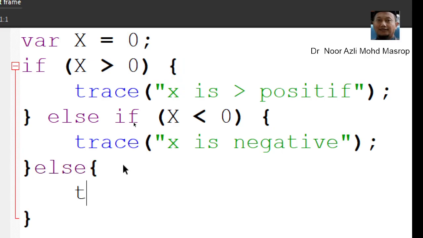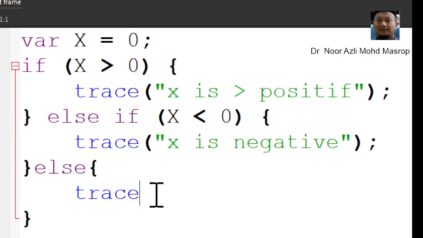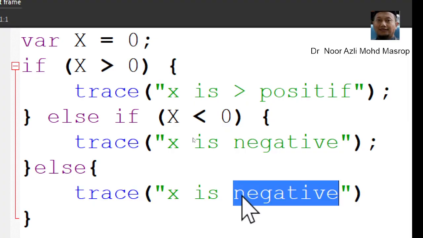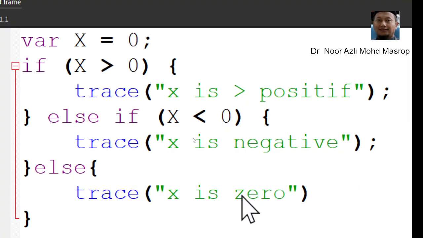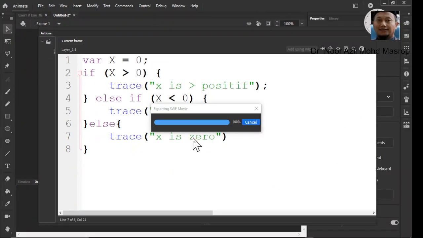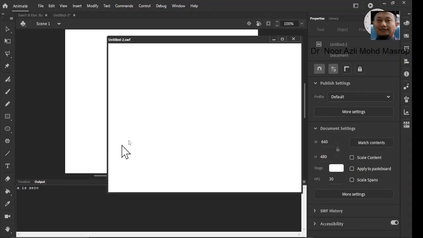Okay, we trace x is 0. Test it again, control enter. You can see that x is 0.